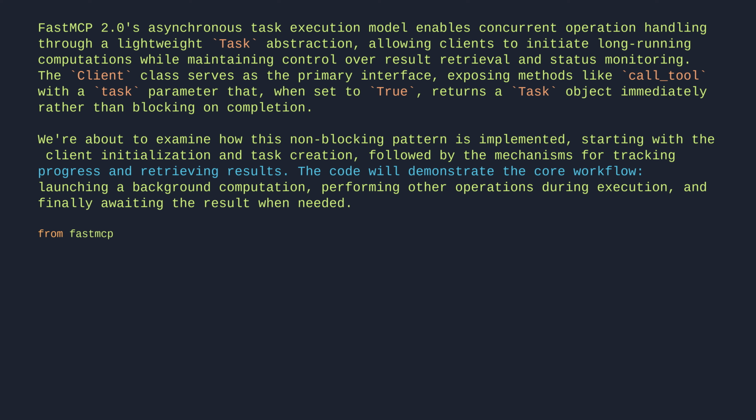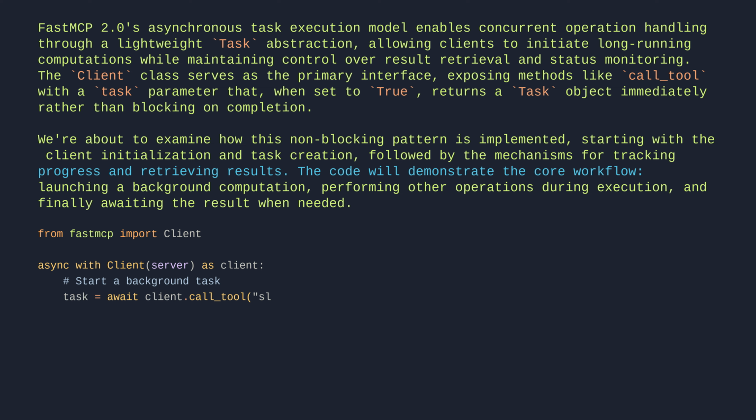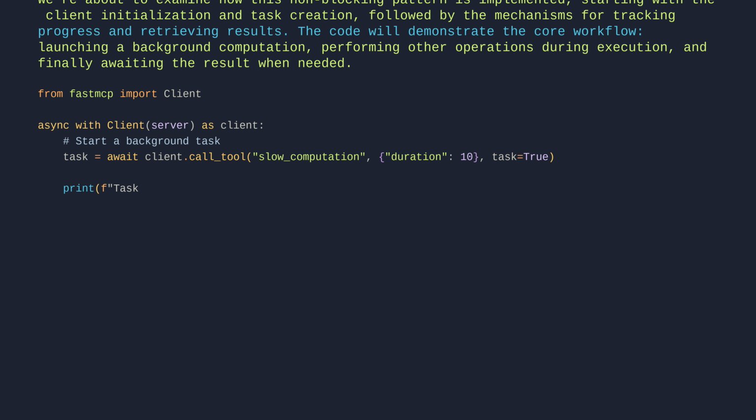From fastmcp import Client. Async with Client(server) as client. # Start a background task. task = await client.call_tool("slow_computation", duration=10, task=True). print(f"Task started: {task.task_id}"). # Do other work while it runs. # Get the result when ready. result = await task.result()